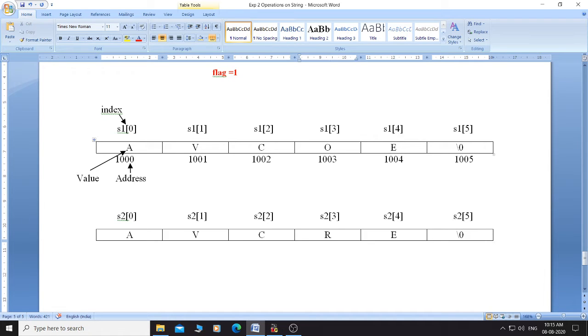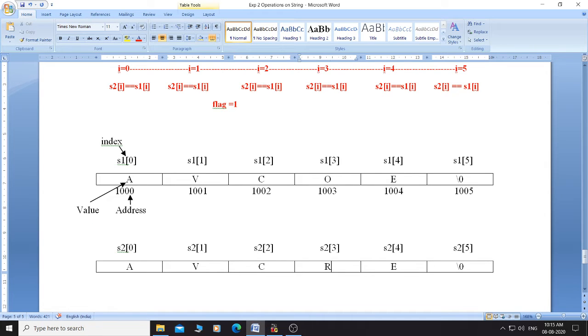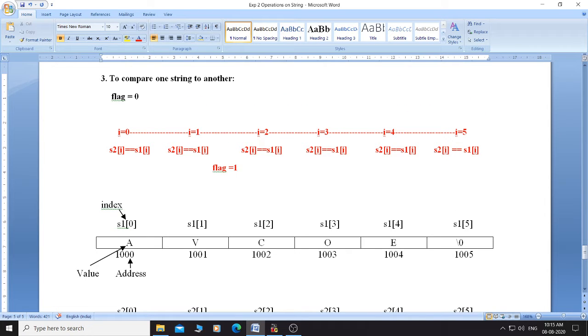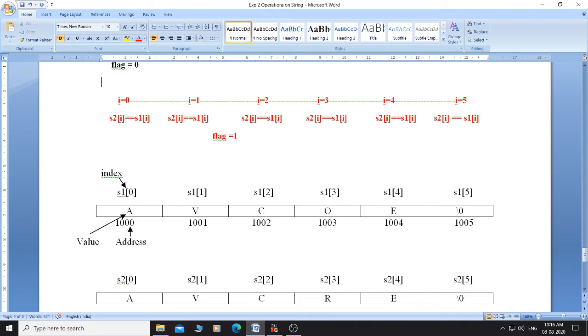Whenever we find that the character in the first string and the character in the second string are different, at that time we will make flag equal to 1. So initially flag is equal to 0, and during comparison whenever we find a particular character different in the first and second string, we make flag equal to 1, and at that instant we break the loop.